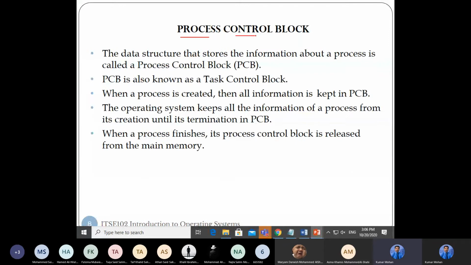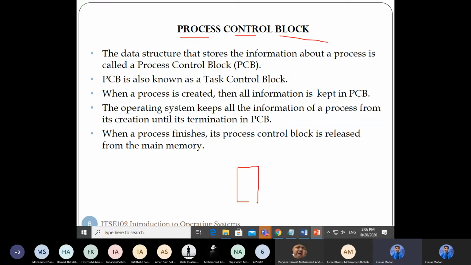We'll see the process control block. What is meant by process control block? See, the operating system has a lot of information. The operating system has to manage or maintain the information about the process. So we have some kind of table.